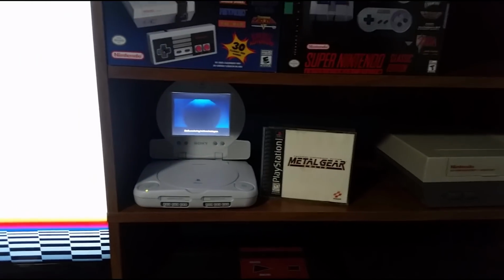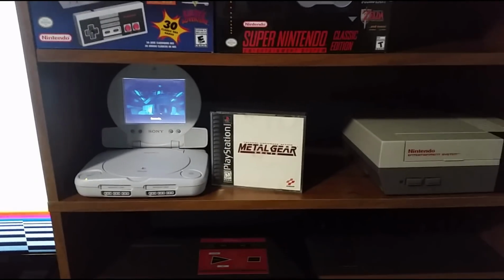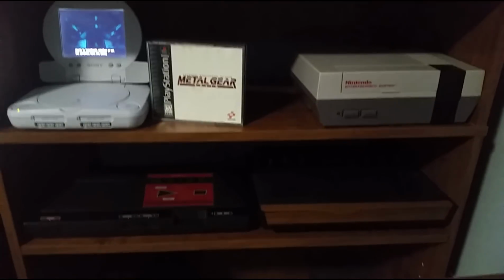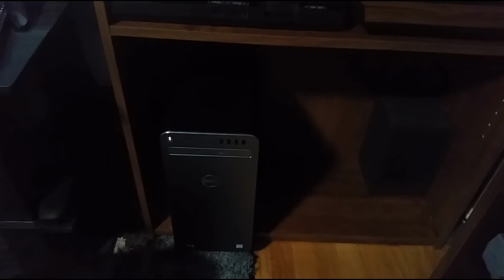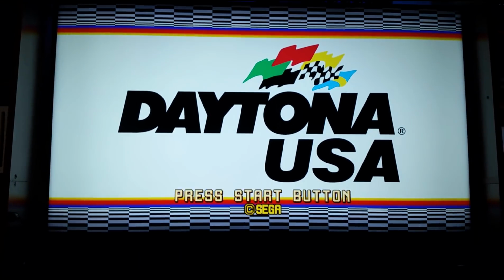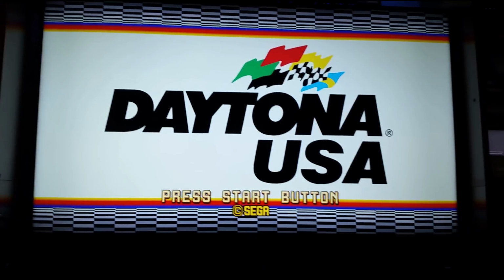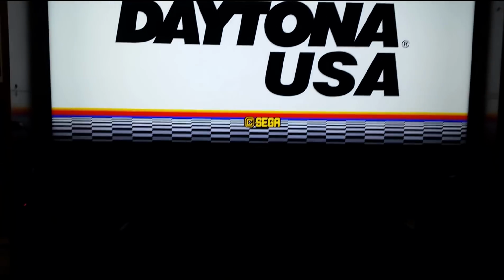PS1, playing Metal Gear Solid. I don't normally leave this on, obviously, but for display purposes, for this video, I turned it on. Nintendo, my Atari, and my Sega Master System. Oh, and my desktop computer, which is a Dell XPS. Very nice computer. Little speaker down there, too. This TV is a 4K Hisense TV that I use for a computer monitor, gaming television, and...